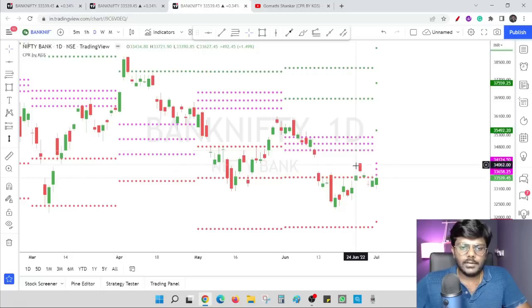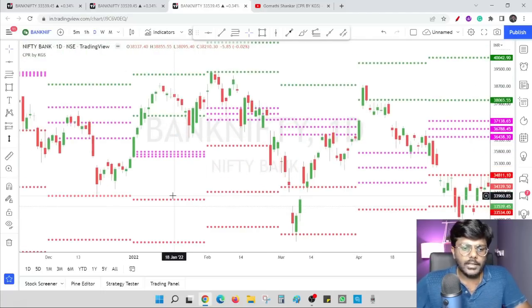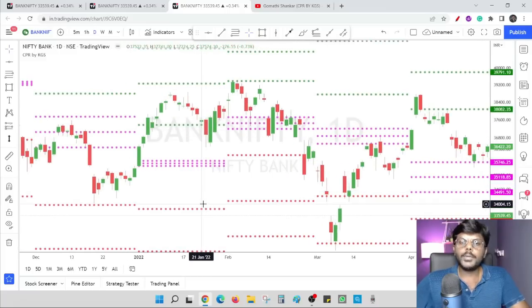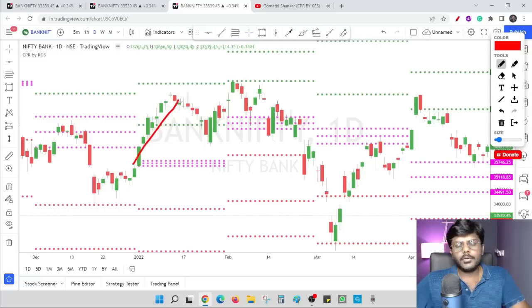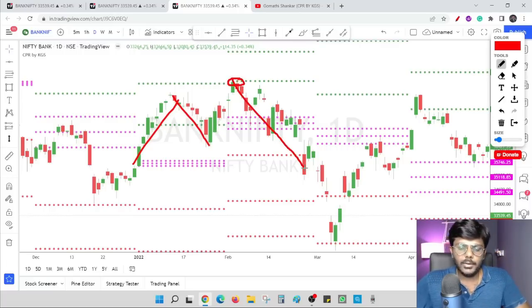We all know very well the market was weak after January. Only in the month of January, the market was super bullish, and after that, from February, the market started to become weak. Even in January, the first half was bullish and then the market was weak. In the month of February, the prices were trading around monthly R1 and then the prices came down.